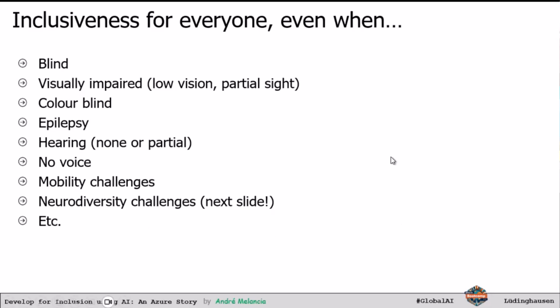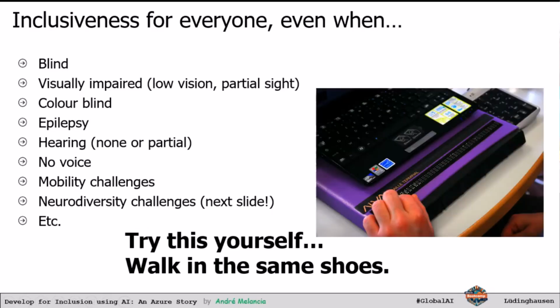Okay, this one is a tough one. Now one of the things that I want to show you is this message. I will leave the neurodiversity challenges for the next slide, but this one is very important. If you want to test a website to make sure someone who's blind can use it, put a blindfold on. Try to use the computer like that. Not kidding, do it, okay? If you want to test for someone who cannot hear, just cover your eyes, turn down the volume, do whatever you have to do. Walk in the same shoes as them, okay? This is the only way you can test it, okay?